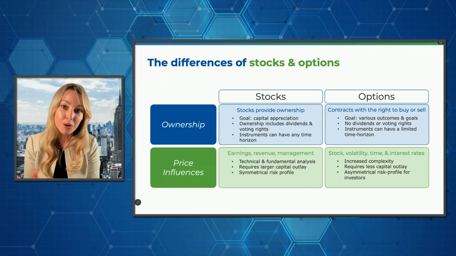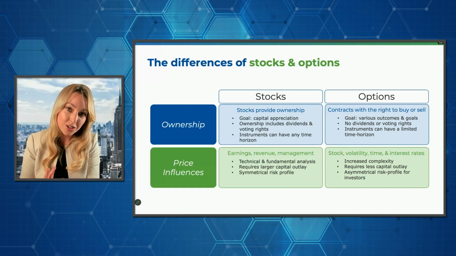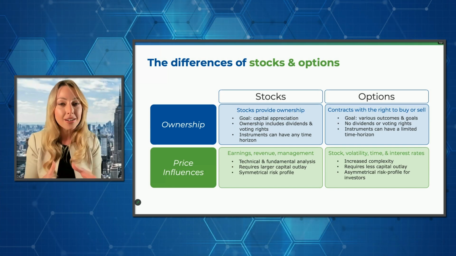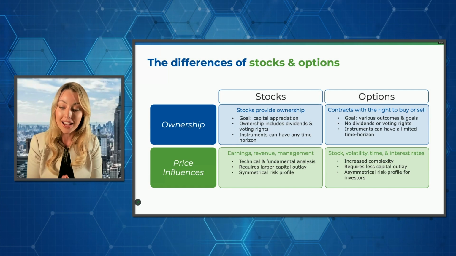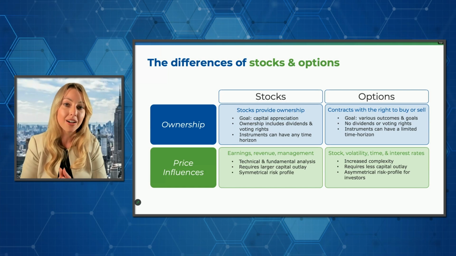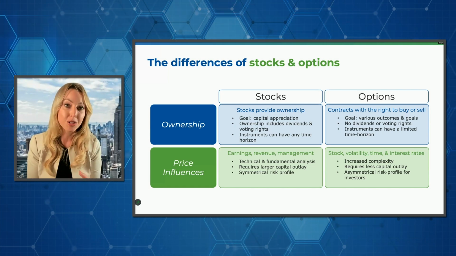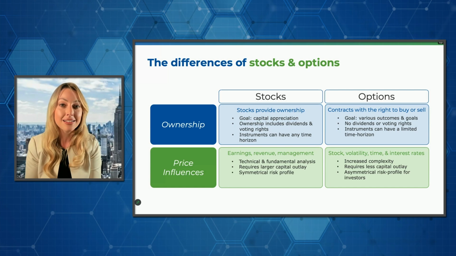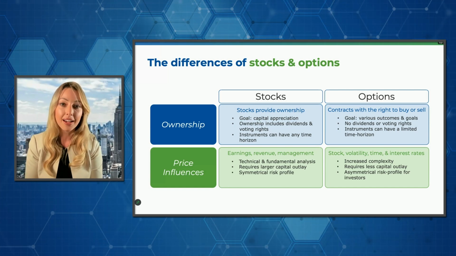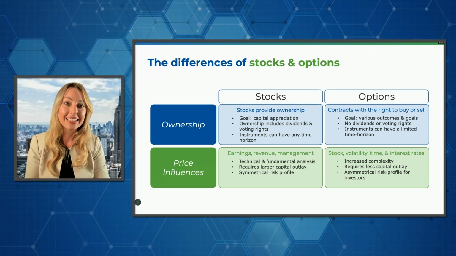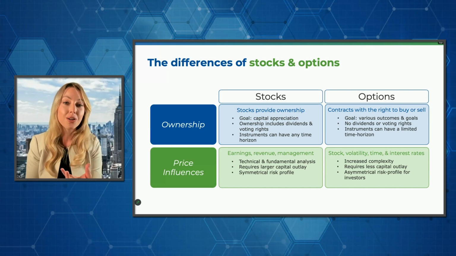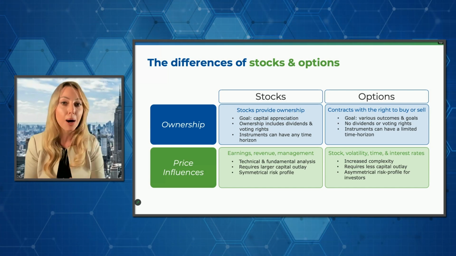So the presentation I have with you, I'm actually just going to introduce that subject to our listeners and talk about stocks versus options. So I think it's really easy when we're first beginning our trading journeys and we think about stocks and buying and selling securities is that symmetrical risk profile. Whatever you spend is the most that you can lose, right? Whenever we invest in the stock market, we know that we're accepting volatility and we're utilizing that volatility to maximize our returns. We know that we're going on a roller coaster. There's going to be ups and downs.